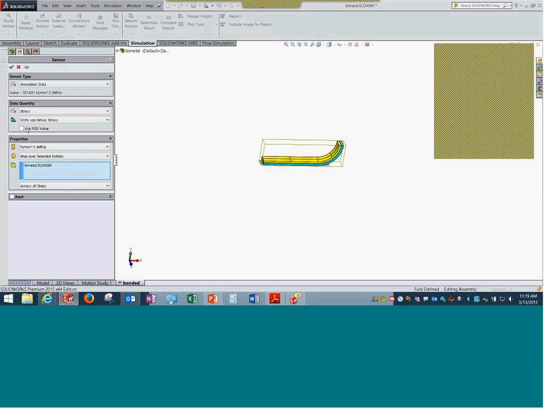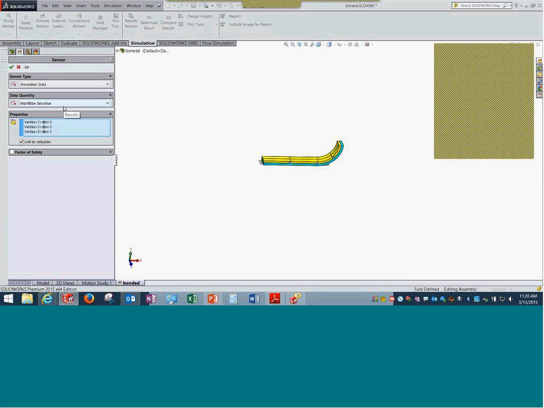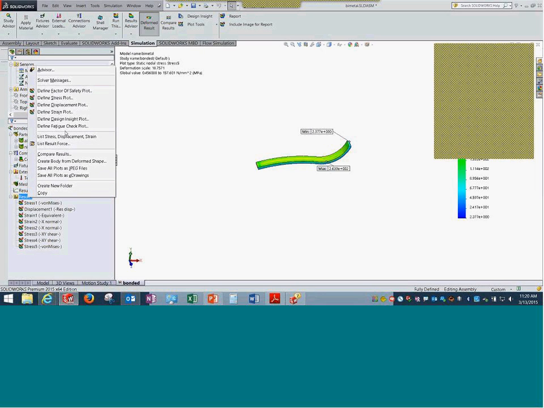Other than that, you can see there is one global mass. You can see here, this is the mass of the body. So for a period of time when I'm making changes to the design, I want to keep a tab on the mass. I can keep on seeing this. There is a sensor of aluminum here, which is not updated. I'm not sure what this was created for, but a sensor can actually be used to create a graph. So if I take a particular result here and try to plot it,